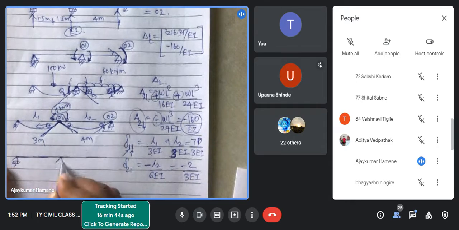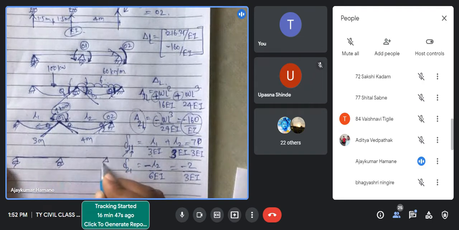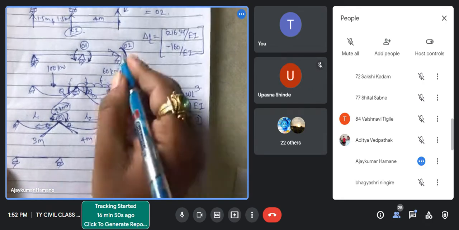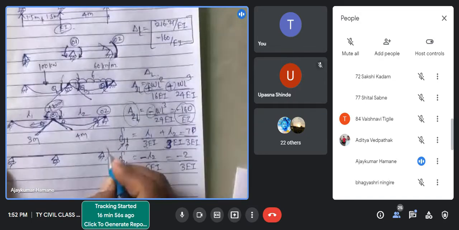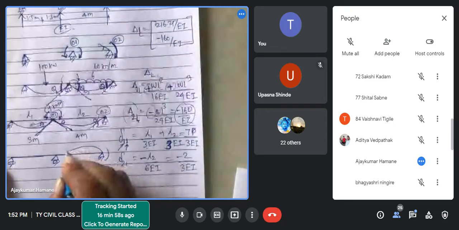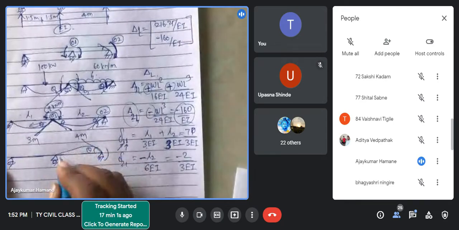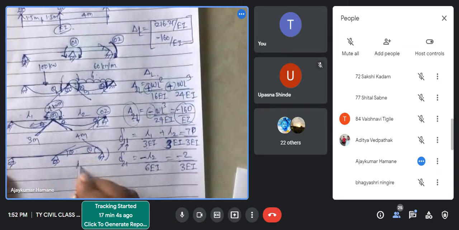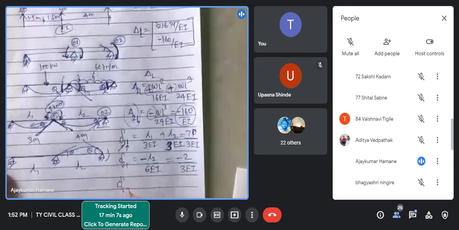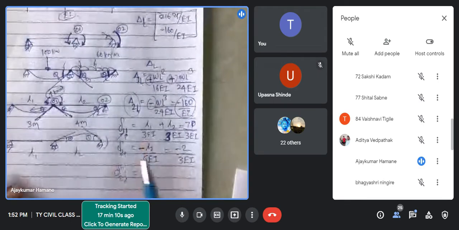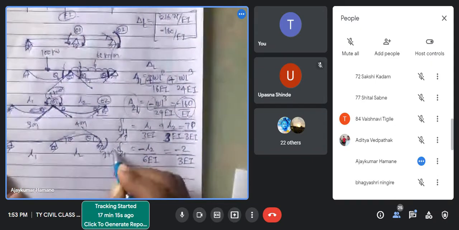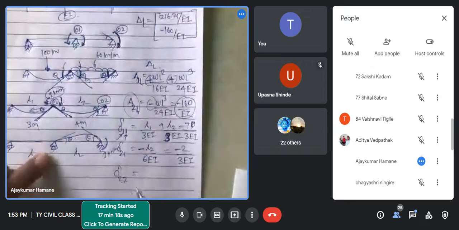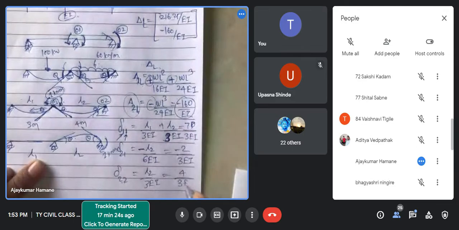Here we have roller support, here we have roller support, and here we have pin support. Now we apply the unit moment along coordinate 1. So this is clockwise, so it gives us upward slope theta. So what is delta 2 2? Delta 2 2 is nothing but displacement at coordinate 2 due to the unit load applied at coordinate 2. How much is this one? The other end is pinned again, L2 divided by 3 EI, that is 4 divided by 3 EI.